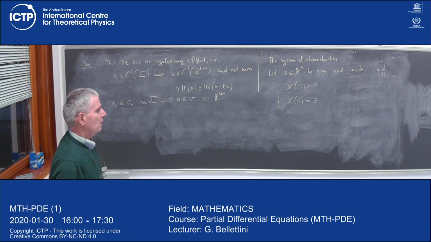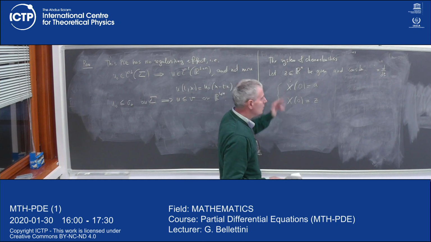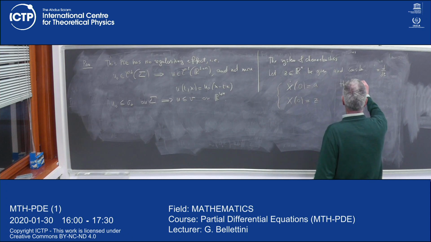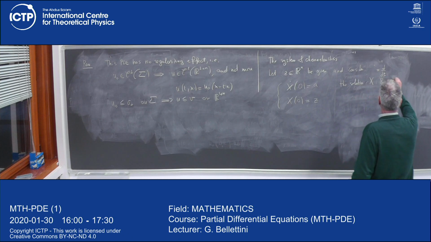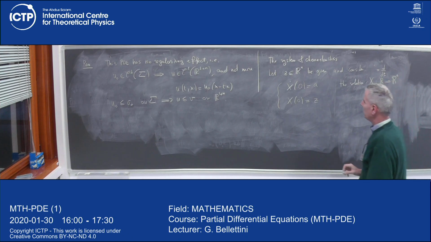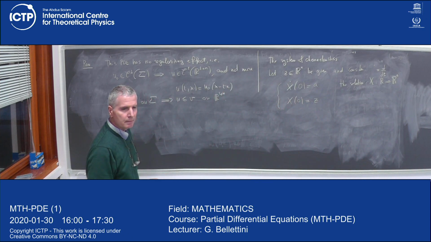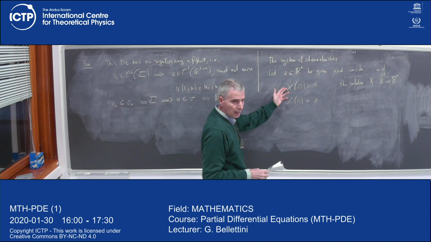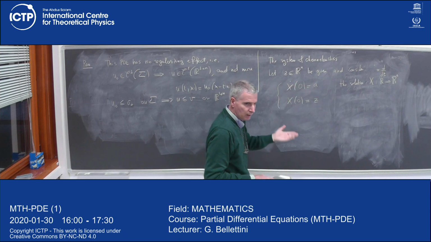Okay. These are n ordinary differential equations. Consider the solution x from R into Rn, with x dot equal a, x of 0 equals z. This is a very easy system of n differential equations, decoupled. This is a vector in Rn, this is also a vector in Rn. The solution is trivial, no?